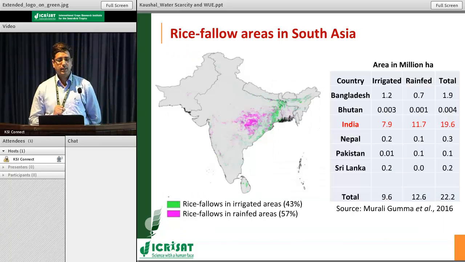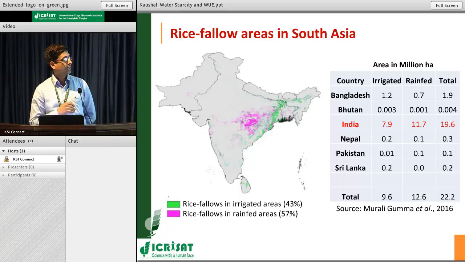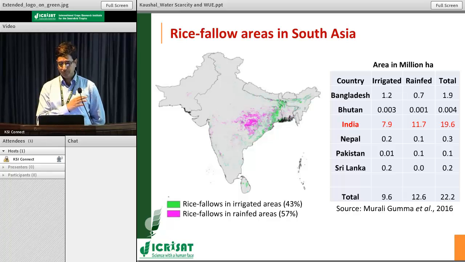This slide shows the status of the rice-fallow areas in southern India. This slide was taken from Murli. It shows that nearly 22 million hectares is rice-fallow altogether in Asia. In that, nearly 20 million hectares is within India itself. And then nearly 11.7 million hectares is under the rainfed area, and 8 million hectares is nearly